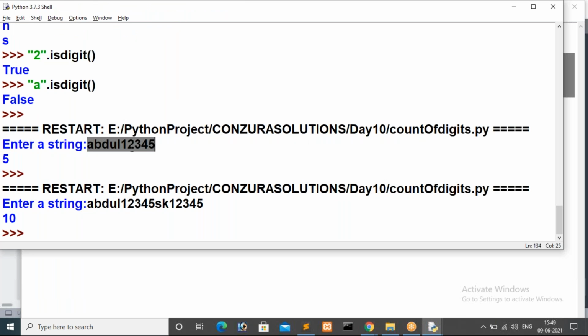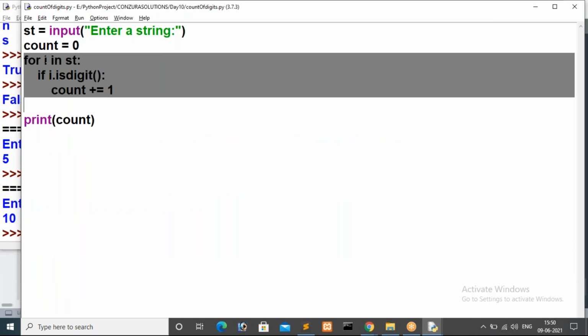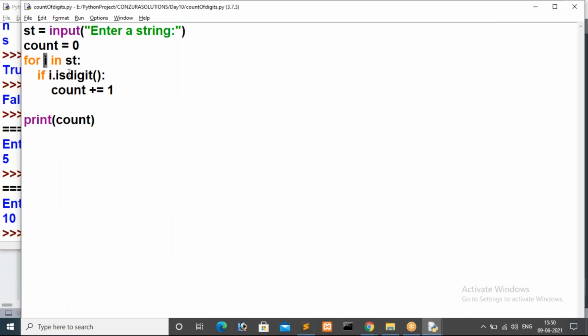In the first iteration, what is the value inside i now? Now we are using a string iterator, right? The string iterator will give index, I mean integer values, or characters it will give. No, don't worry about that. Now you just tell me, what is the i value in the first iteration? What is the i value?